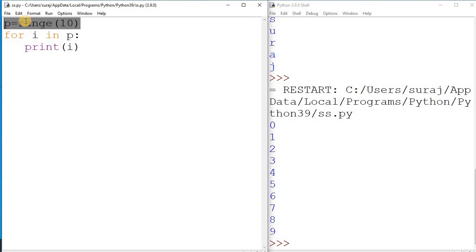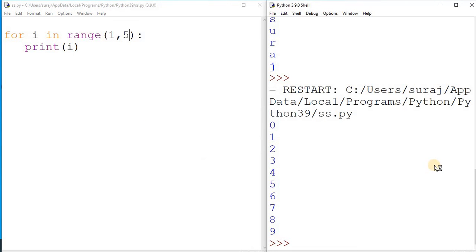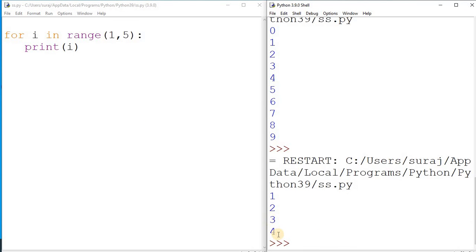Now I am using it in another way, I in range of, so in place of 10 I want to print 1 to 5. We will check how it works. It will show the result from 1 to 5. In place of 5 it will show one less value, that is 4, meaning 1 2 3 4. So in this way you can get the range values also.